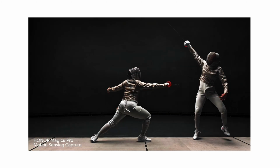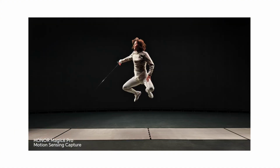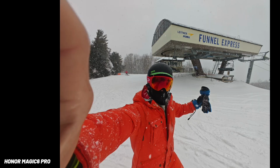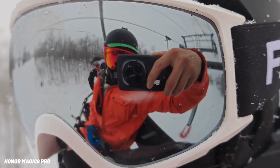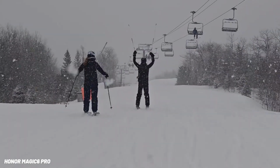This is an ideal phone for sports photography. The portrait mode was also great, except for some occasional edge detection issues. But they were easy to fix by just adjusting the camera angle. I loved how the portrait mode created a nice blur effect in the background while keeping the foreground in focus. The cameras even support 4K 60 FPS video recording, as well as making use of Honor's host of new AI